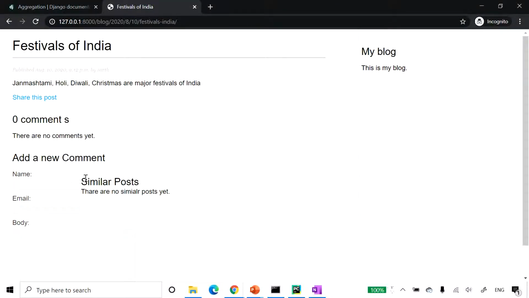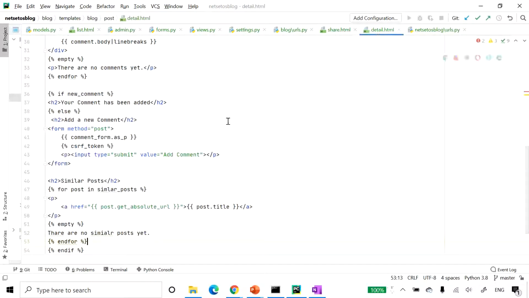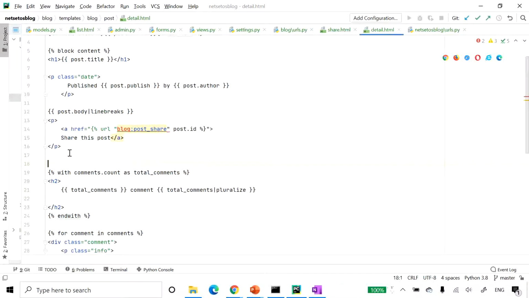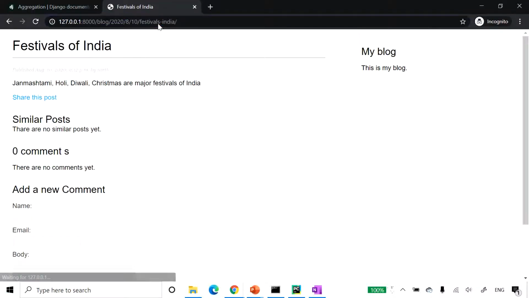Now you can see we got similar posts, but it's not aligned as we want. So for that, I'll go to detail.html. First of all, it should be similar_posts. We will take this endfor after the share post. Let's save it and we'll go to the browser again, refresh it, and here we got similar posts.